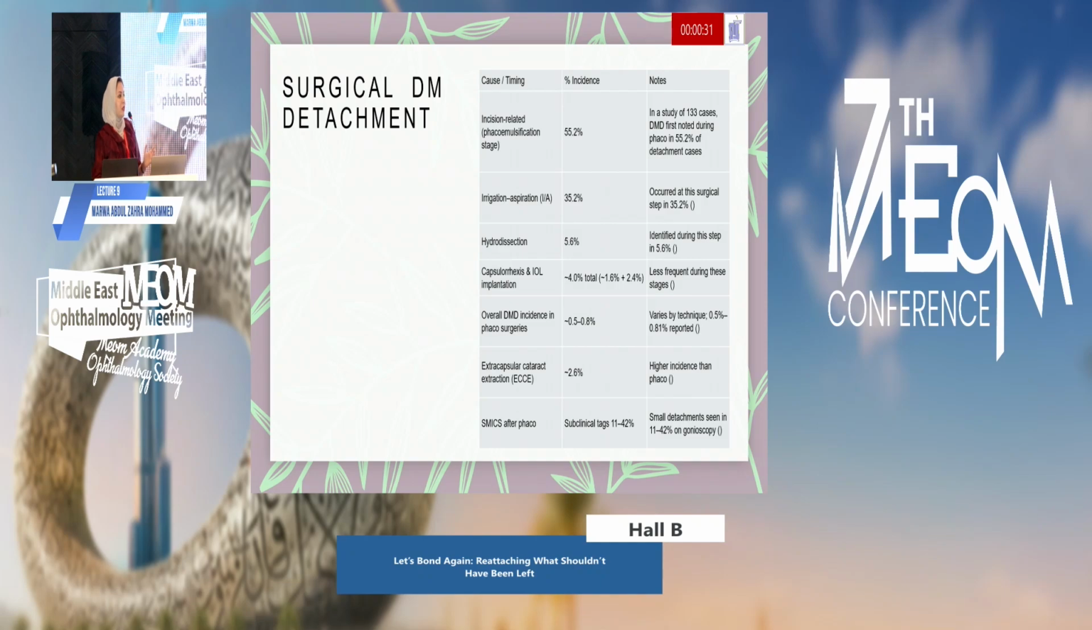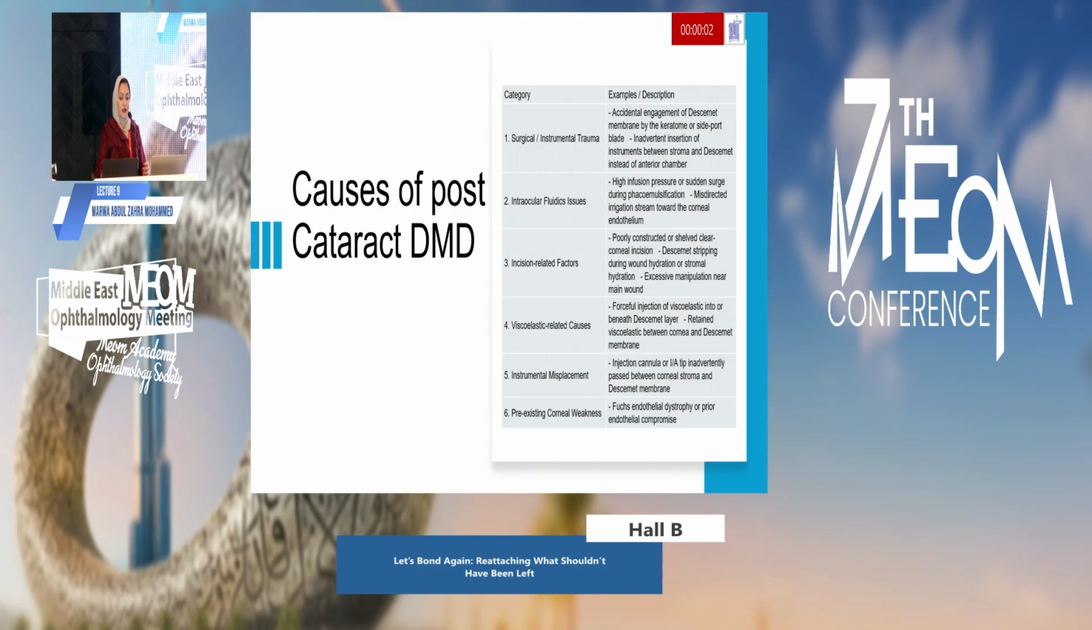Overall, the percentage of Descemet membrane detachment in phaco surgeries is not that much, 0.5 to 0.8%, while in extracapsular cataract extraction, surprisingly, it's more, about 2.6%, and the largest percentage is for small incision cataract surgery, which is about 11 to 42%. And maybe that's because we make a tunnel through the stroma of the cornea and there is much manipulation of the Descemet membrane. The causes are many, like surgical instruments during